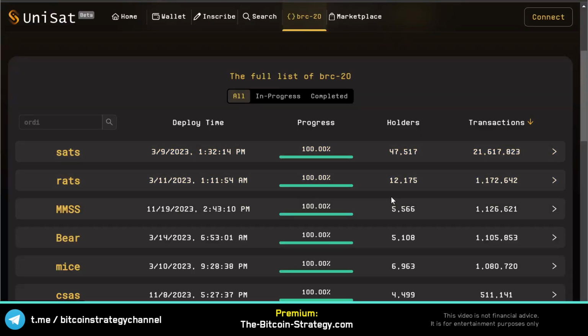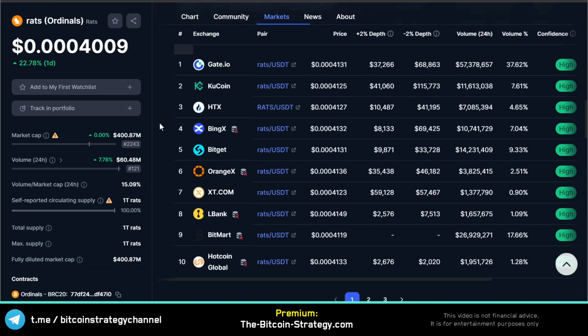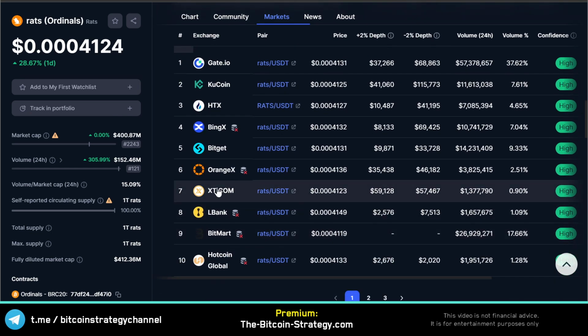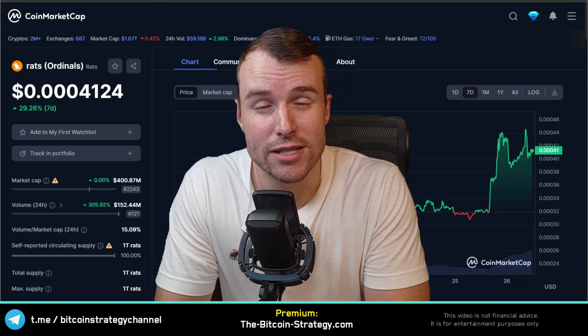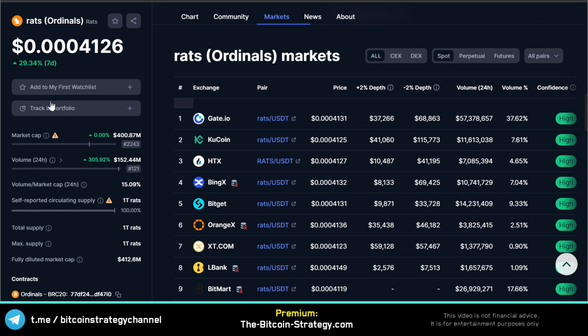Now next, we've got RATs. And see how big the jump between SATS and RATs is on Unisat. The jump isn't that big on BRC20. RATs is not yet available on Binance, apparently. It is on xt.com, which I believe is a Binance rebrand. But according to CoinMarketCap, it's not on Binance itself yet. And again, here as well, the price didn't move that much yet, plus 30% so far. The largest market for RATs right now is again Gate.io, and Gate.io also started off the